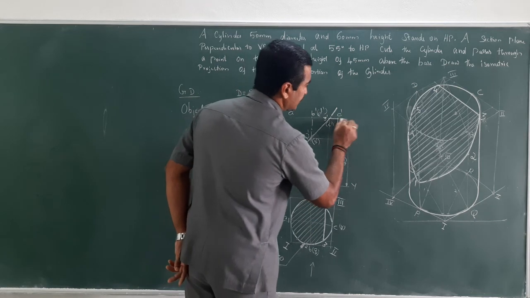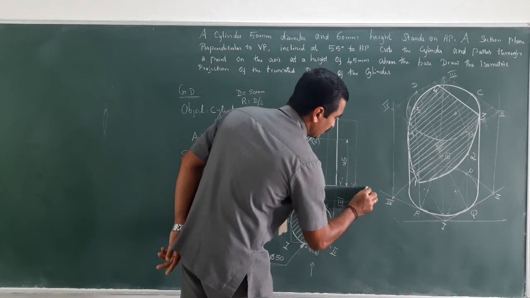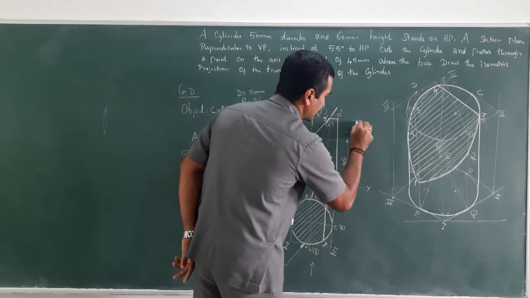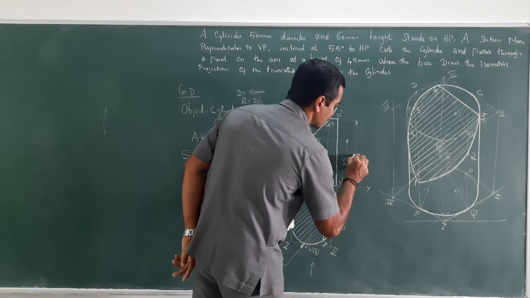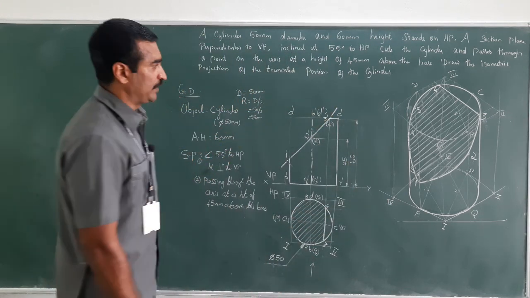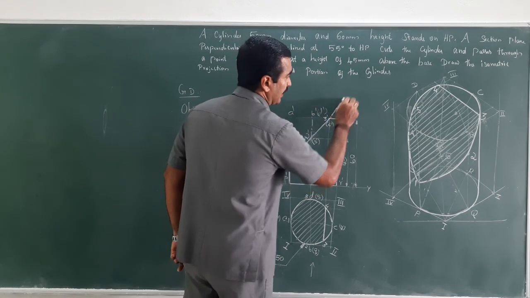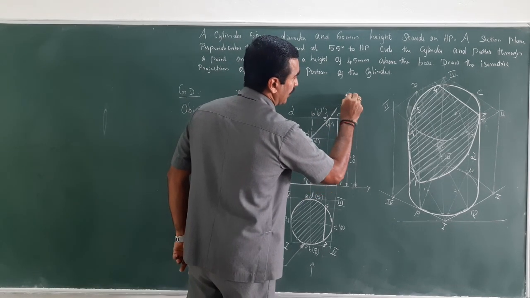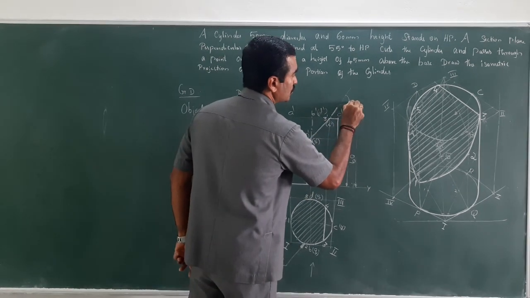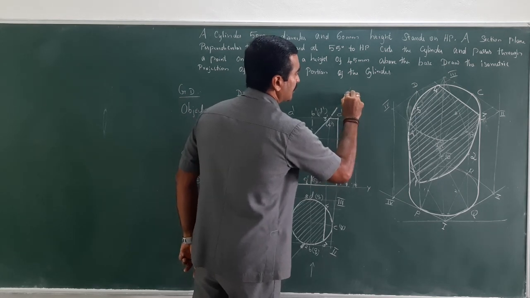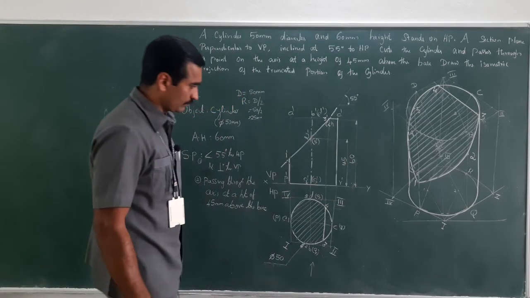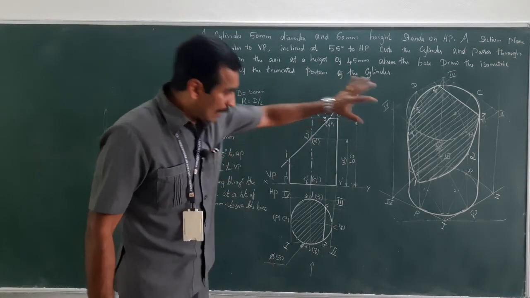Next, the axis height, which is 60 mm. Then what about the cutting plane, which is at 55 degrees to HP? Let me extend this line and draw a horizontal line and mention it, because if I do it somewhere here, it will overlap the other notations. So in order to avoid that, extend this inclined line and mention this as 55 degrees. Right. With this, I have completed the drawing.